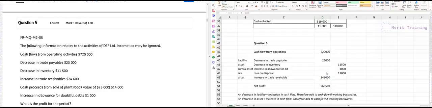Next is the increase in trade receivables. So that's the $24,600. And remember, this is an asset, so it should be the same as this. And because this one was over here as a decrease, that means the increase should be over here. So that means the increase in trade receivables should be $24,600. Oh, hold on, I've got an extra zero in there. $24,600. Okay, so our net profit should therefore be